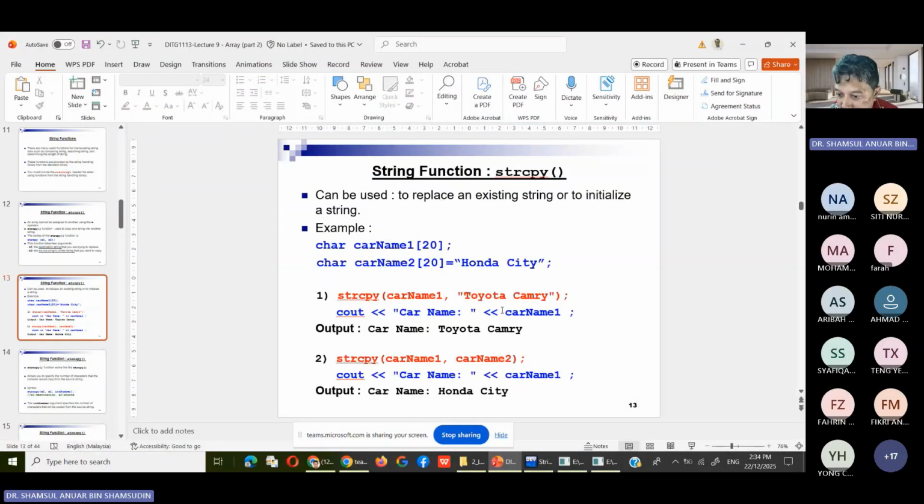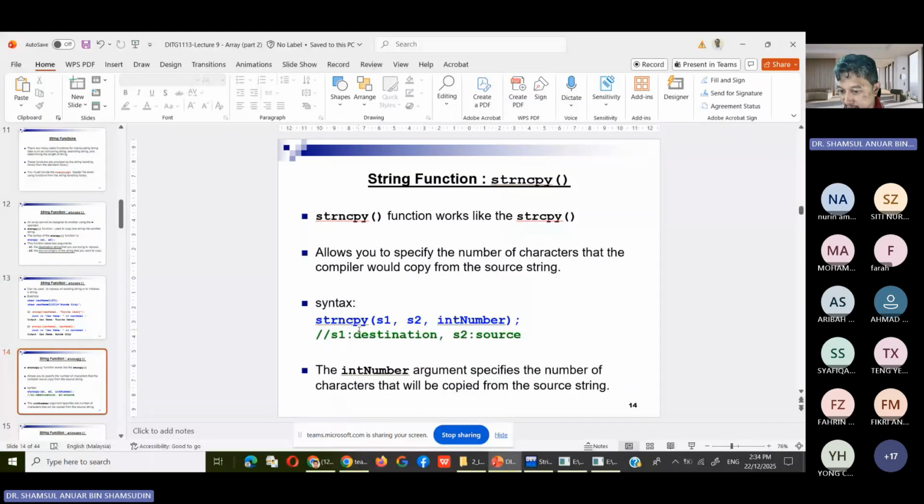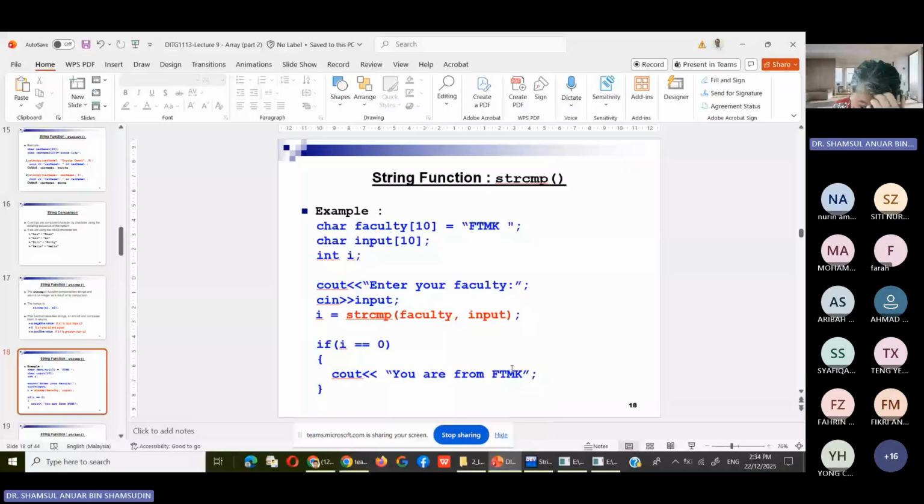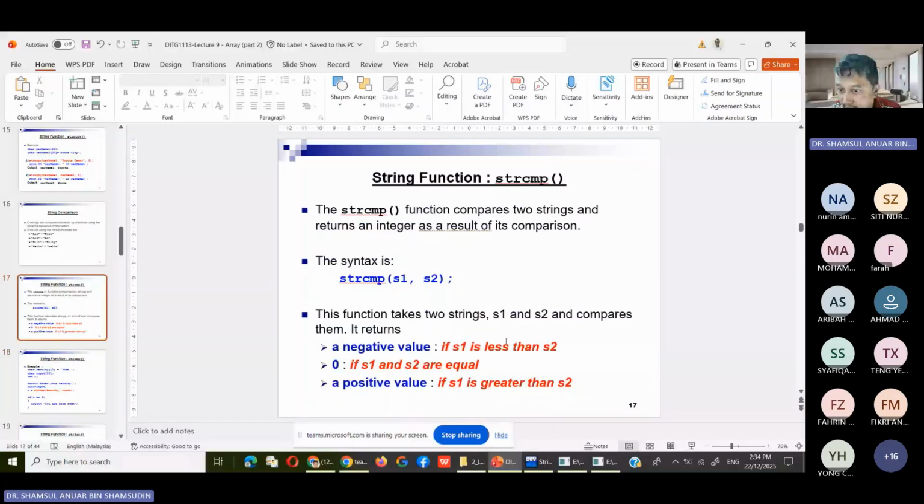So those are some of the things that you maybe have to use in the final exam. So string copy. Okay, and another one is string compare, strcmp. So this one is basically comparing some values, where they are turned into some values. So we can also